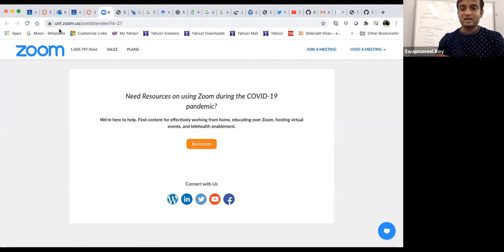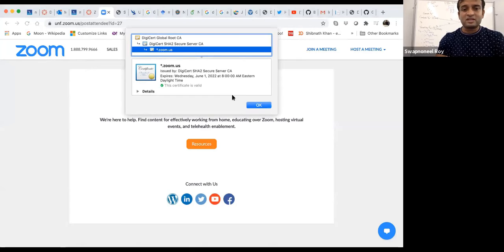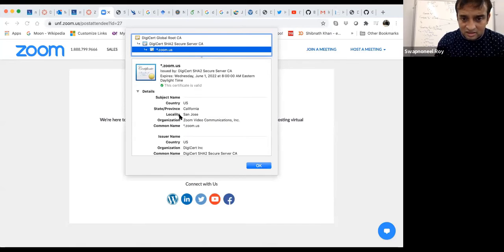Okay, suppose I'm looking at this website, UNF Zoom US or something. You see it has transport layer security, so this lock tells you that. If I click on this lock, it says connection is secure. Let's look at the certificate. In the details, this is your certificate. At some level, it will tell us what protocols are used for what value. Some details are not there, some are. Let me see how much it tells us.